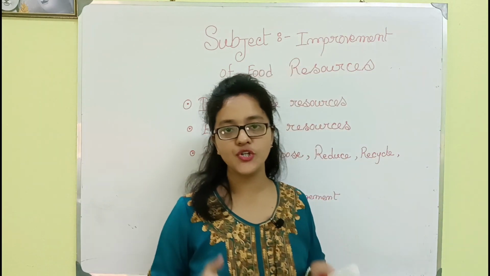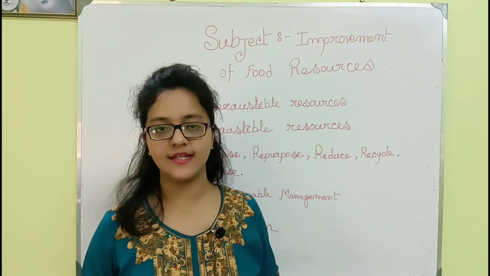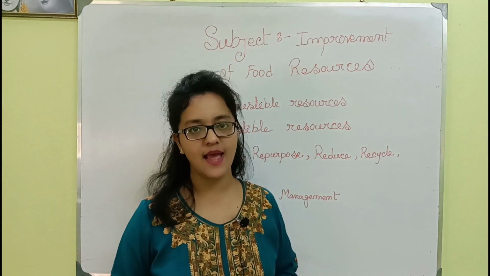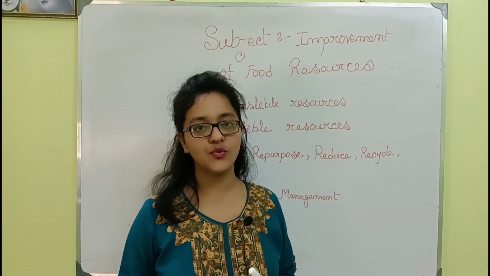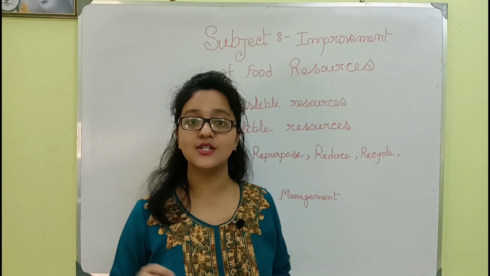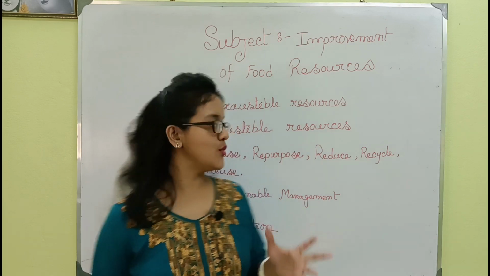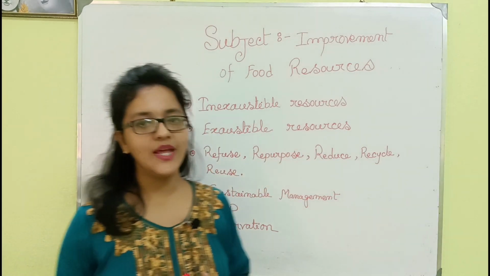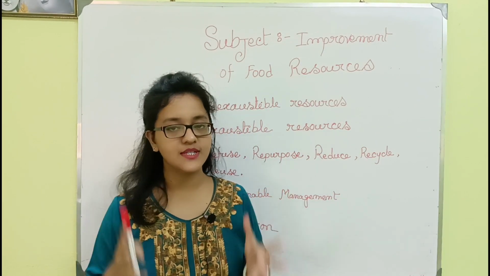We should avoid the use of paper napkins, but use cloth napkins, which we can use again and again. So through refuse, repurpose, reduce, recycle and reuse, we can conserve and preserve the natural resources